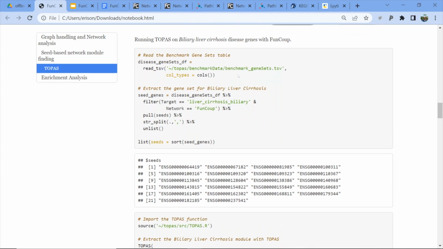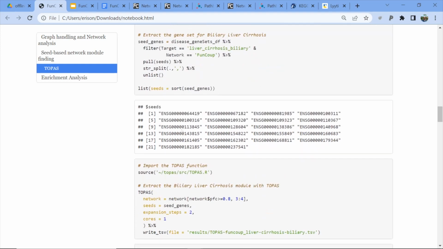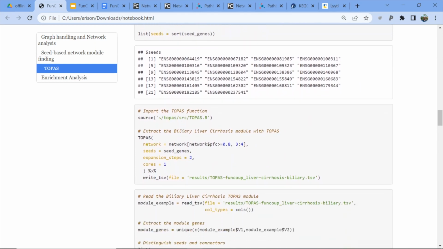And what I'm doing here is extracting the gene set for, again, biliary liver cirrhosis, which is called liver cirrhosis biliary. And I'm extracting the genes that you can finally see here. So these are 22 genes